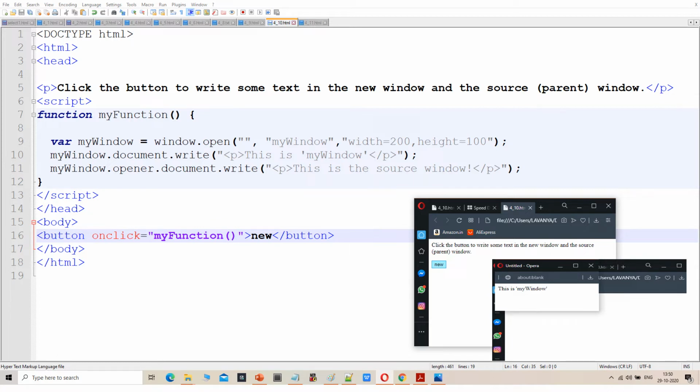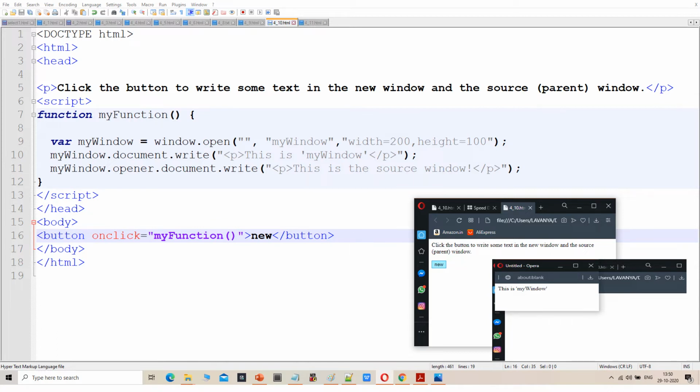The function is myFunction, opening brace, where myWindow is equal to window.open, myWindow, width and height, then myWindow.document.write, this is my window, then myWindow.opener.document.write, this is a source window. In this statement the new window will be created.